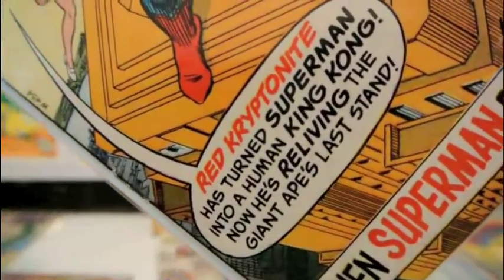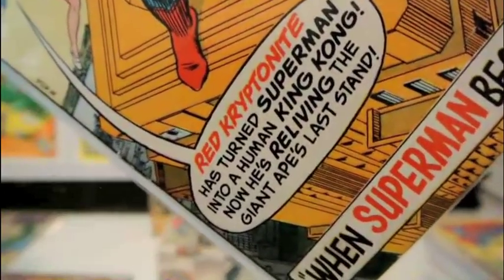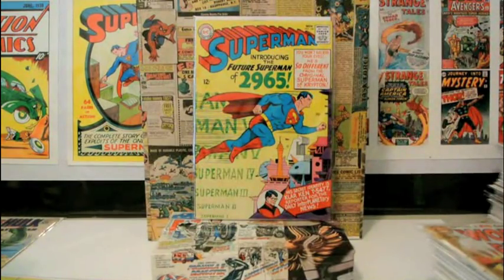It says, "Red kryptonite has turned Superman into a human King Kong. Now he's reliving the giant ape's last stand." How cool is that? This book here caught my eye because it really looked like a throwback to a